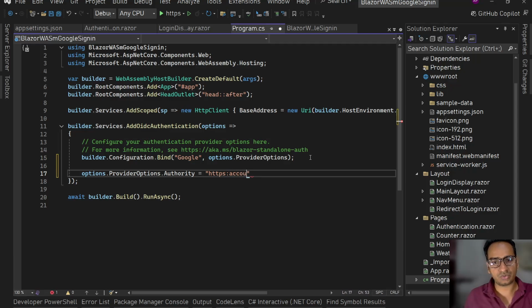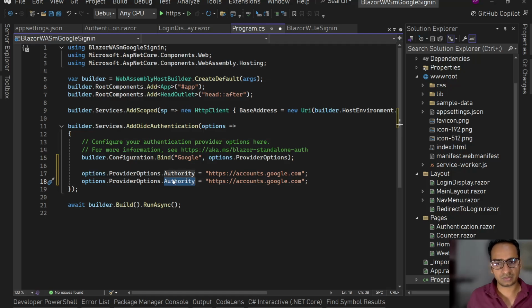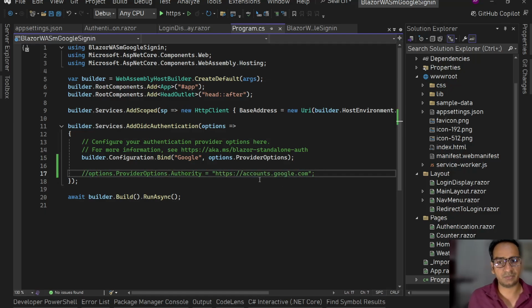https accounts.google.com, the same thing, accounts.google.com, and other things as well. Other was client id, that also we can set here if we want to. So these are same. All right, now let's quickly go to the browser to register our app and to get